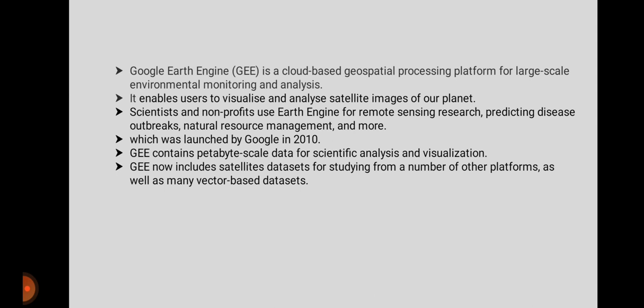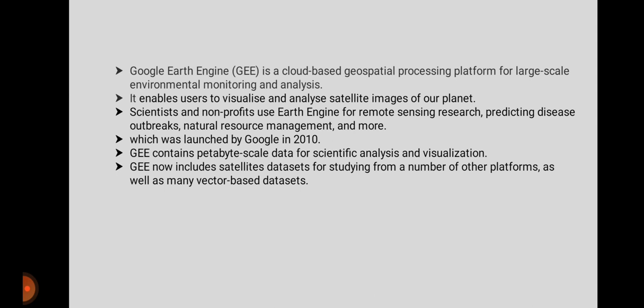It now includes satellite data sets from a number of other platforms, as well as many vector-based data sets.